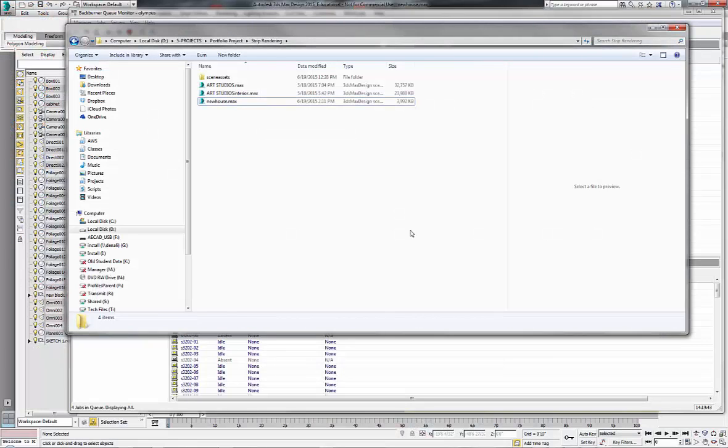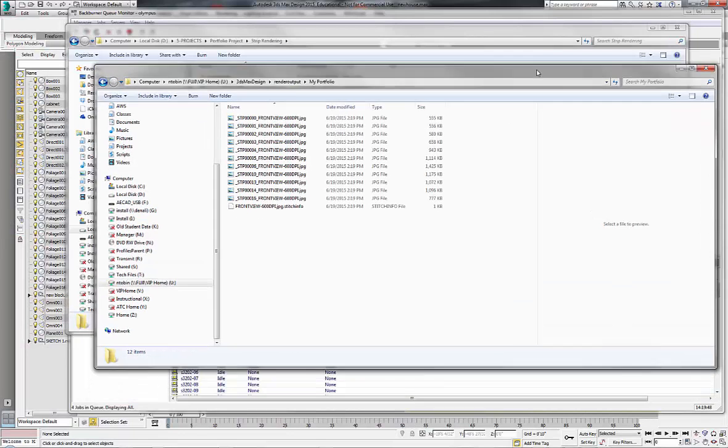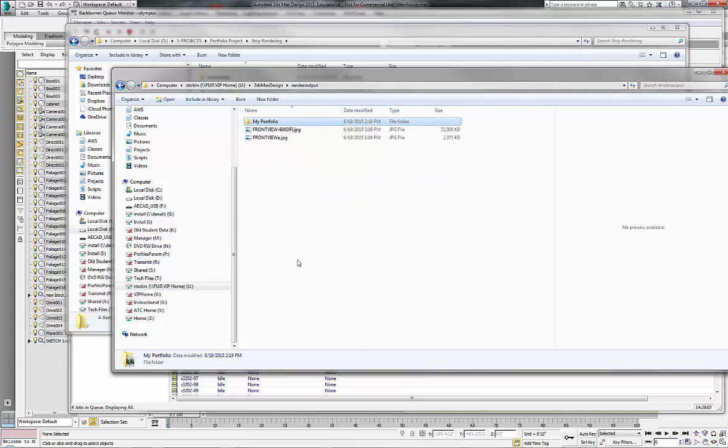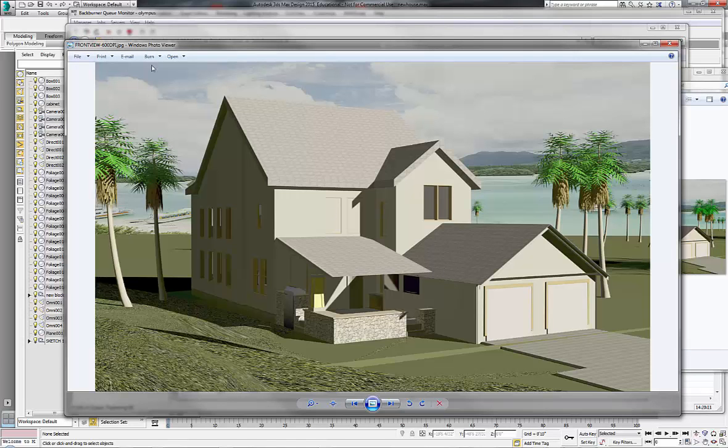Now, what I'm going to go ahead and do is go to the place that I've saved my project. You'll notice that it hasn't finished processing yet, and it has all these little JPEGs. These are strips of the whole render. We won't be able to print it out until the job is completely finished. But normally, you can open up the job, preview the job. If it looks to your liking, you can go over to print,